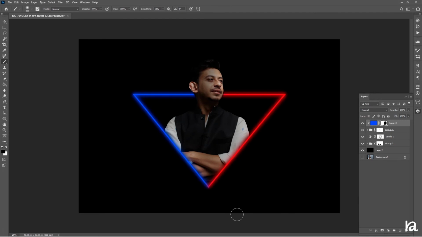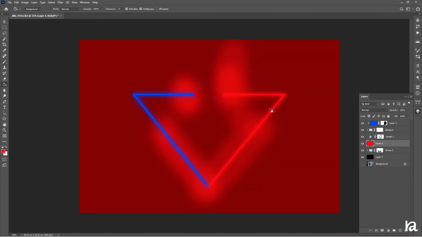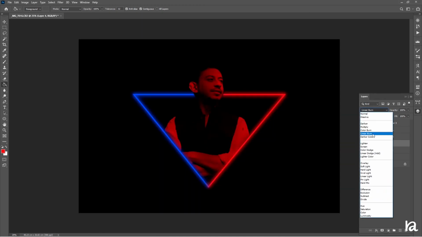So I'm pretty much happy with the neon thing, but now we need to match the color of the subject with the color of the neon around it. So on this layer, on top of it, let's create an empty layer, and at the red side let's fill that layer with red color. Okay, now let's play with the blending mode and select